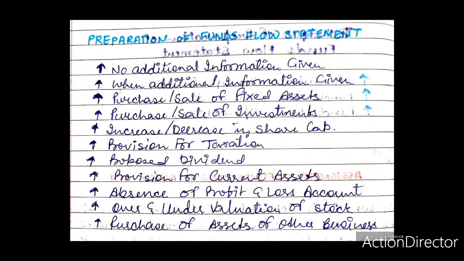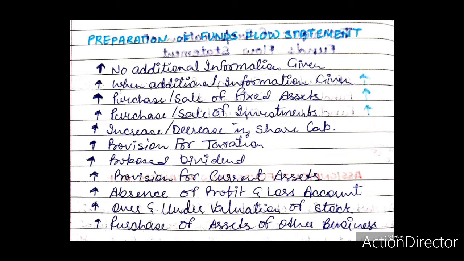Second step: for all other non-current assets and non-current liabilities, open respective accounts taking their opening and closing balances. Third step: journalize the adjustments one by one using the double entry system and post them in the respective ledger accounts. Fourth step: close the accounts one by one, which will result either as an item of source of funds or an item of use or application of funds, or close the remaining accounts by transferring to the adjusted P&L account.